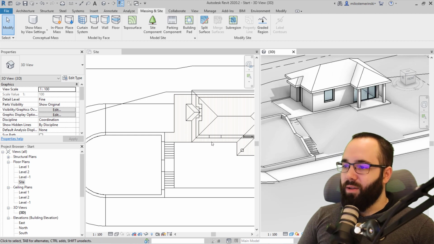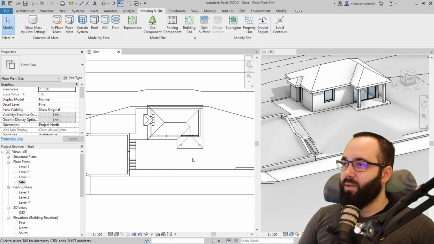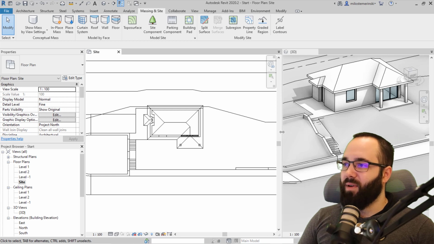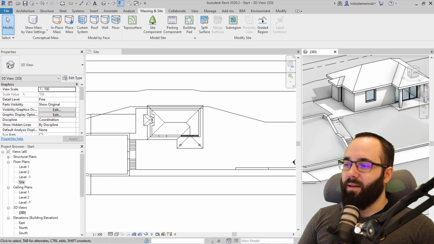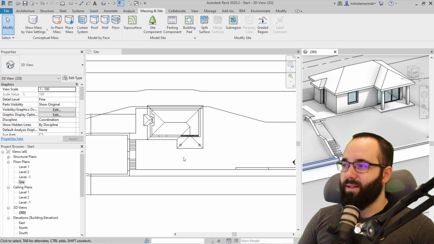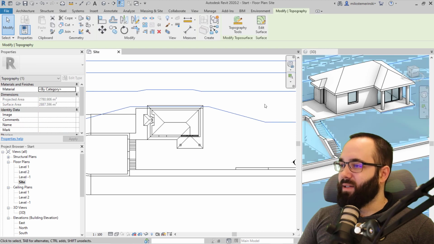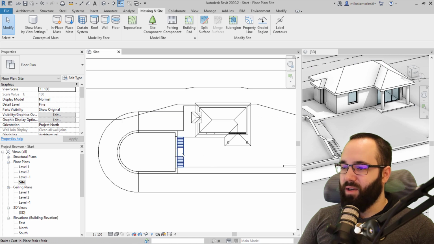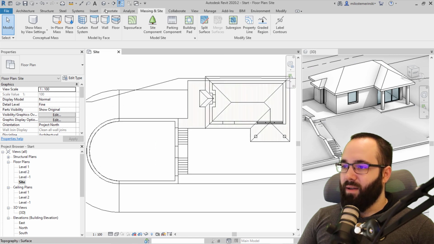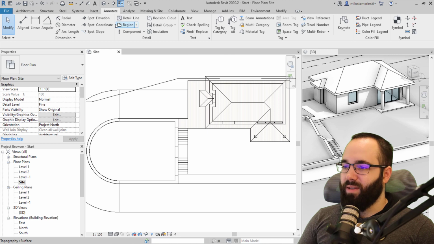Another additional thing that you should be able to do, let's see, so here if I place a spot elevation, I can get elevation at these points here. Unfortunately, it doesn't report decimal places, so I can go to the units format and add a couple of decimal places. Okay,